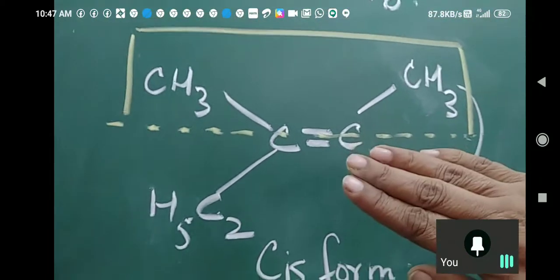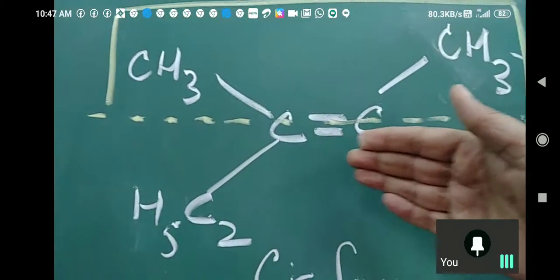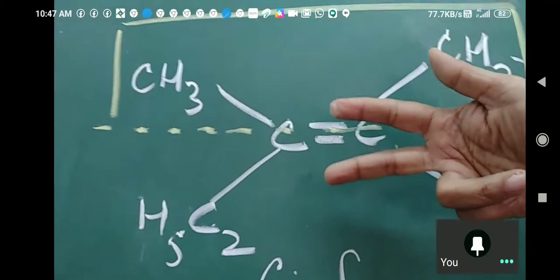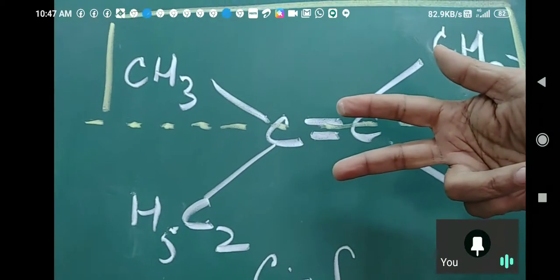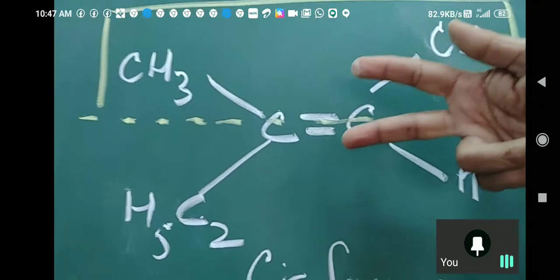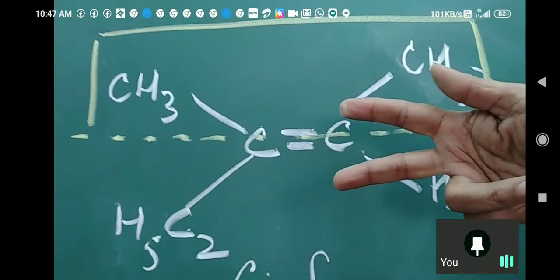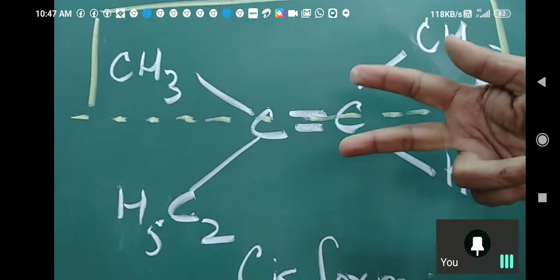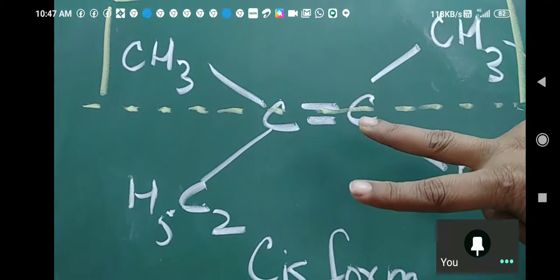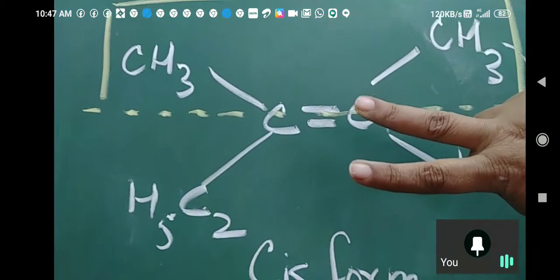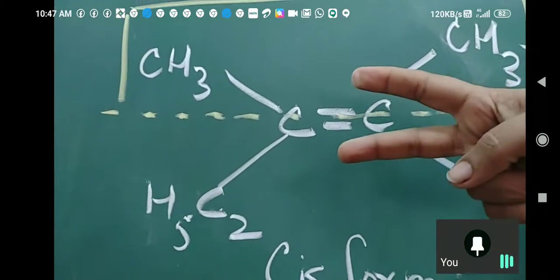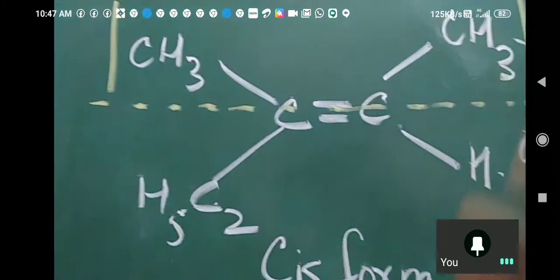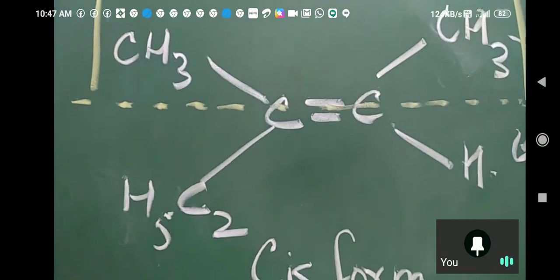And one more important thing, you cannot rotate both the carbon atoms. One carbon atom will remain fixed. It will be a double bond like this. See my hand? Yes. And I had sent you a video before also on how to rotate single, double and triple bonds. Look here. If I am going to do this, the molecule will become like this. I am rotating only one carbon atom. If both are rotated with respect to each other, the position will not change.